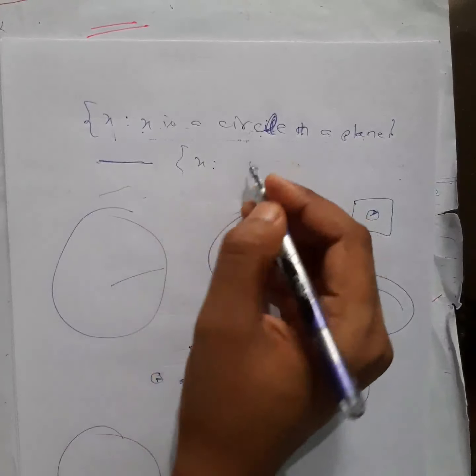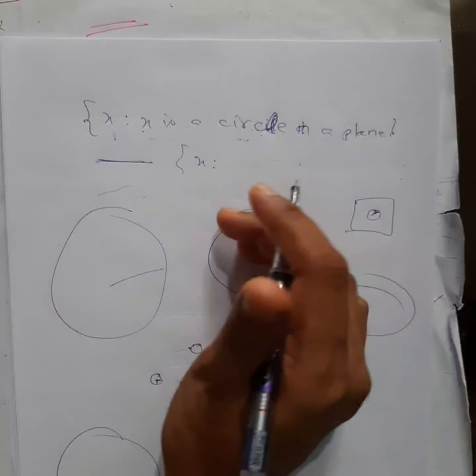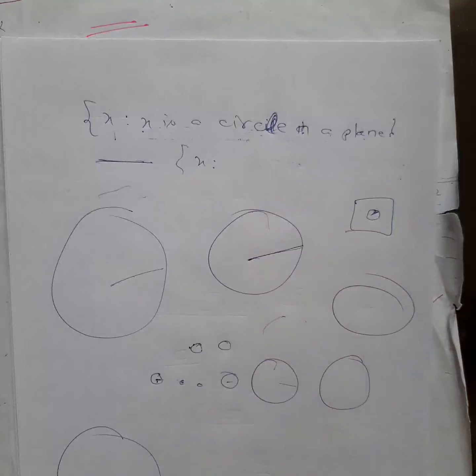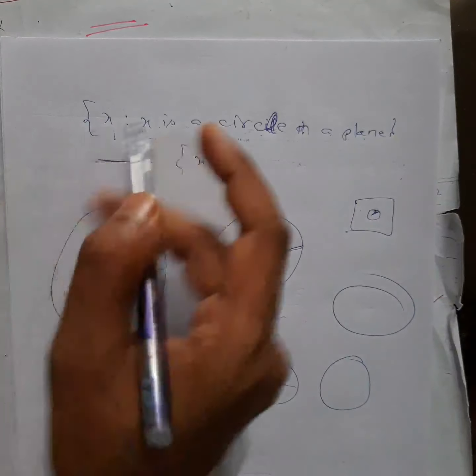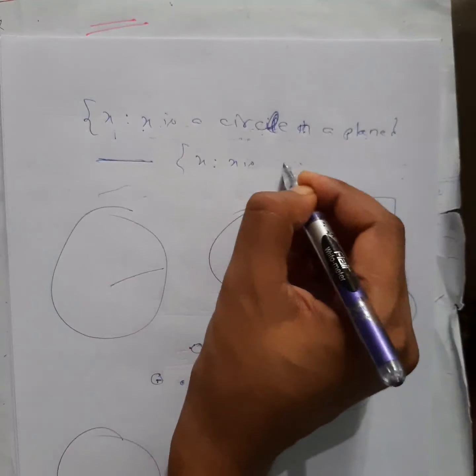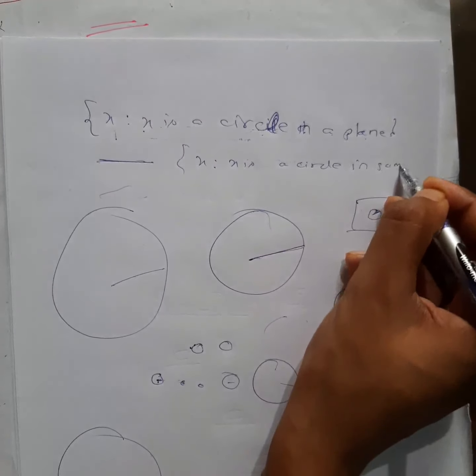The next set is, element is X, and what is the set here? X is a circle in the same plane. Same plane means in this plane I have all kinds of circles, right? You just assume. Now in your next set, what they have said, X is a circle in the same plane